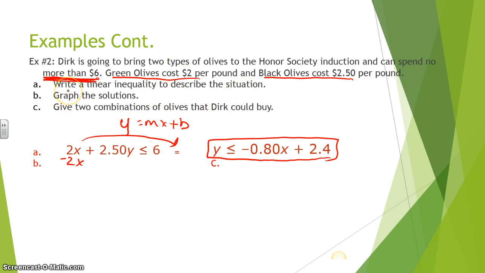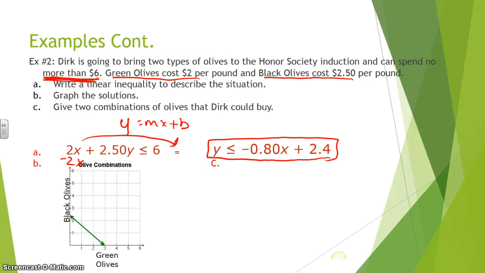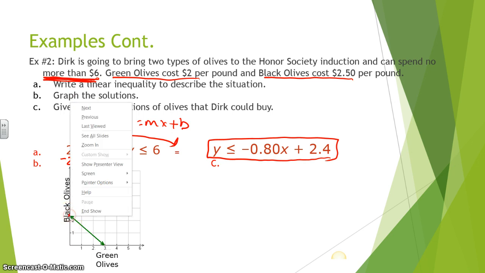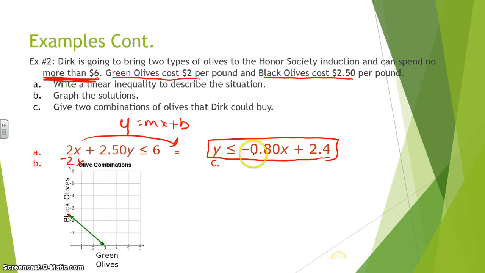I now need to graph the solution. So when I graph it, I'm going to start at my y-axis, which is 2.4, which is about right there. My slope is negative 0.8x. So I would recommend just doing it the best you can. So you'd go down negative 0.8 and to the right 1. Notice this graph is representing my equation